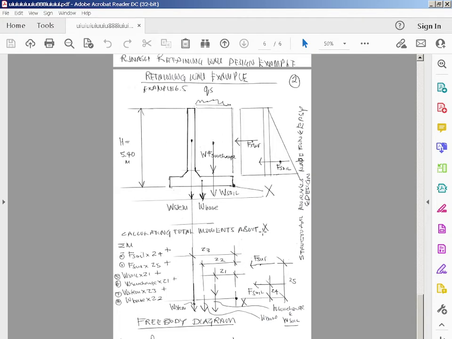So calculating the total moments about X. Total moment is force of soil, and the lever arm, I think it was 1.8, wasn't it? Yeah, it was 1.8. Then the force of the surcharge times